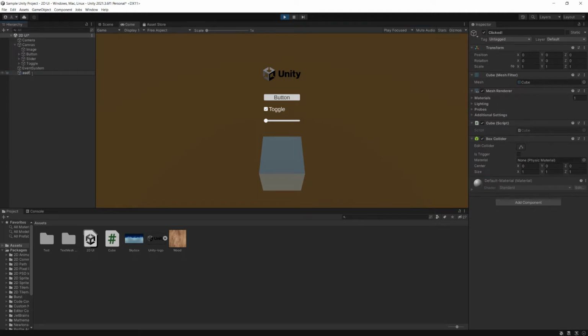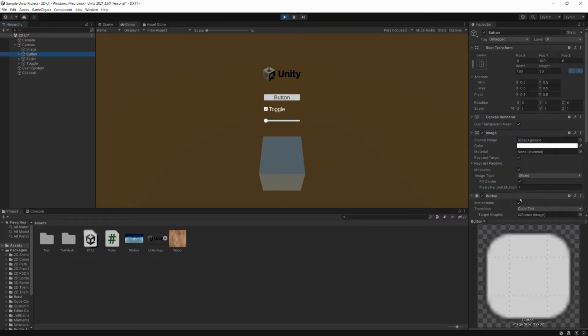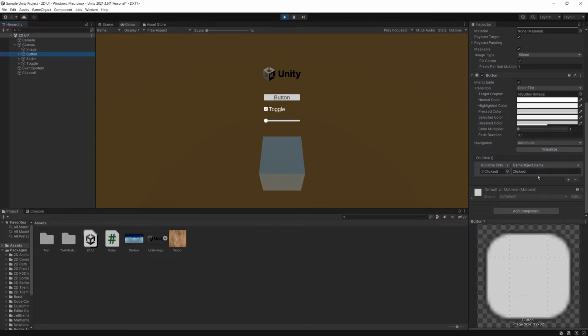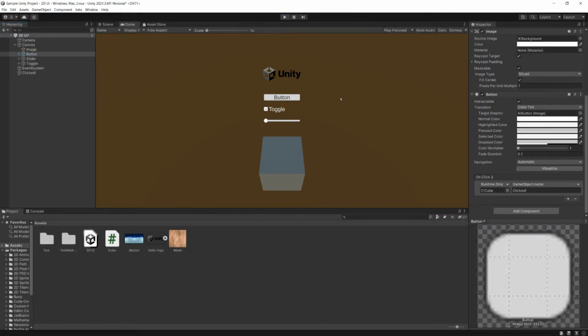If I go in here and I change this, and then I hit the button, it changes it back to click. So we have successfully hooked up our button to our game object, and we set the name to clicked. That's not very exciting. We may want to do something a little bit more involved, and that's where we need